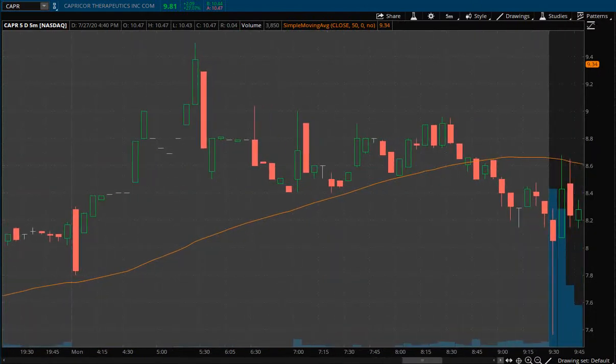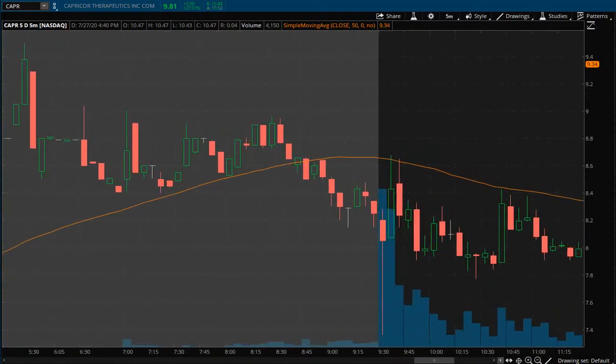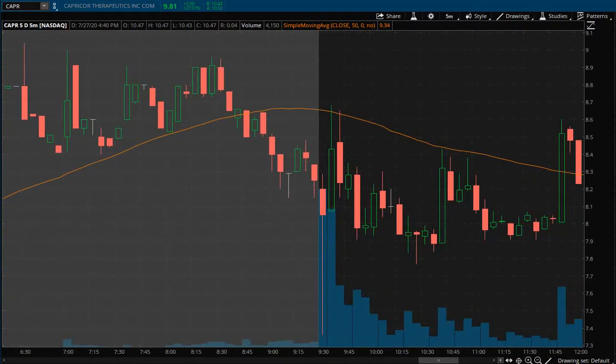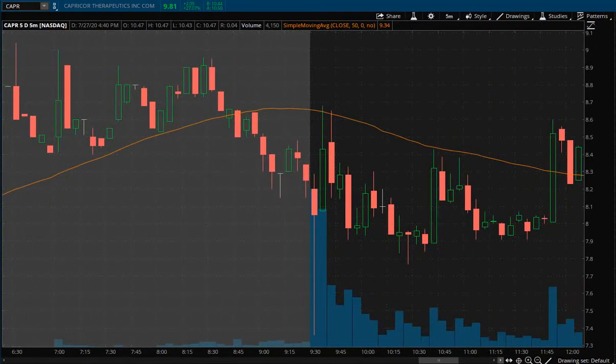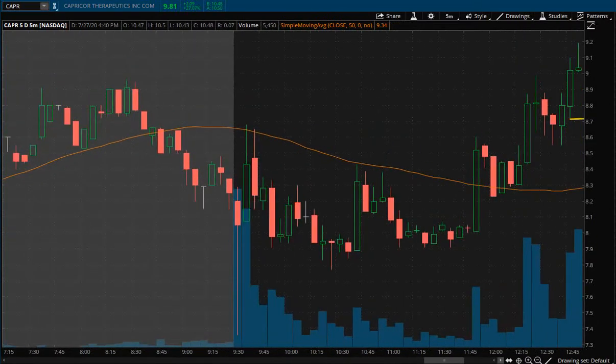So anyways, as we start off, I actually was not looking at this ticker. I did come across it on my scanners for overall volume, spikes in volume, so I did take a look at it. I think it caught my eye right around noon, and that's when I started to follow it. So right here, this is actually noon, and I believe this is right when I started looking at the chart. So just to walk you through, I do see that there's some volume coming in. I see prices increasing,